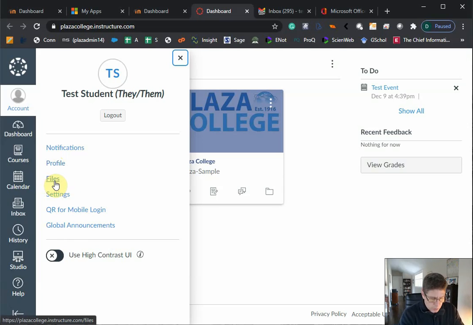Real quickly, I just want to talk about the app. There is a Canvas app, and it's a really great app. It's much better than the eCampus one we had before. The Canvas app looks like a sundial, a red icon. You'll find it on your Google Play Store or your iOS App Store. If you click on the app,